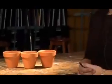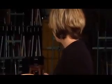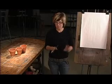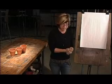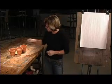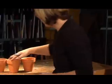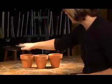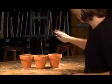The next technique that I'd like to explore with you is something that we call searching line or gestural line. This type of line is going to be the most useful thing for you to learn as you begin your practice of drawing. The searching line is very much like the contour line, where you're expressing the outline of any given object, the edges of it, both exterior edges where it meets the sky or background as it were, and